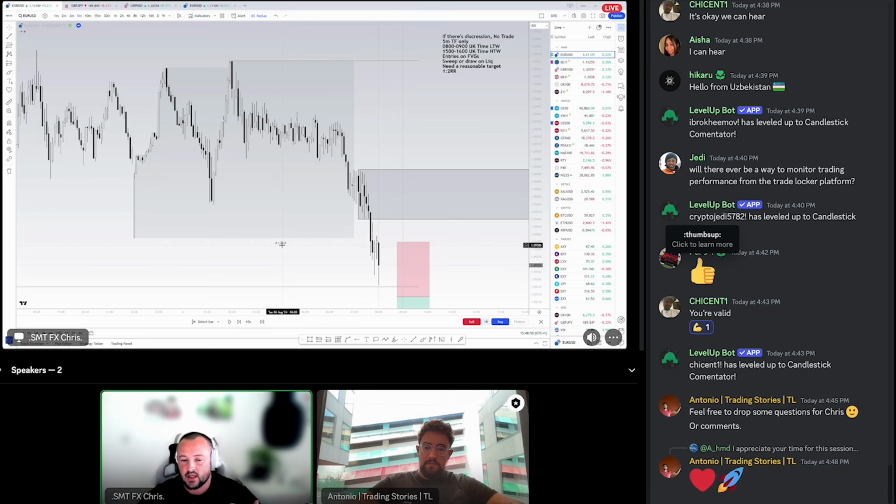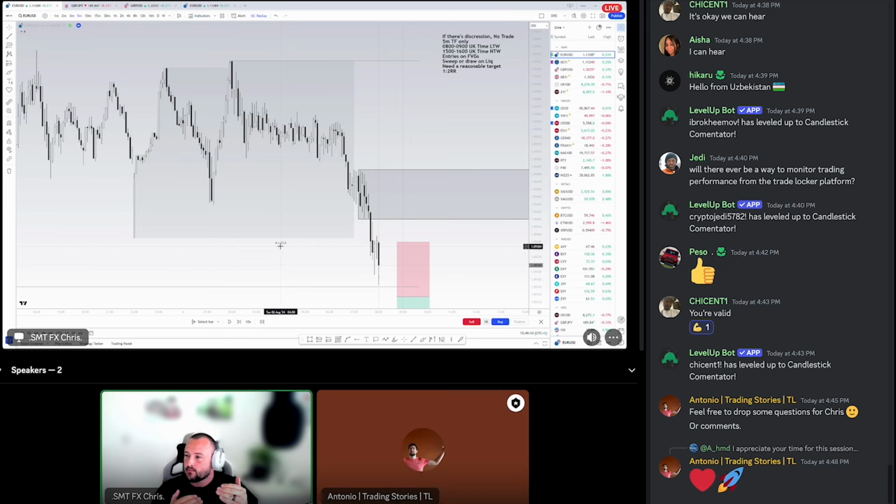So the Asia session was about 23.6 pips. This just gives me a good visual representation that if I do have a trade that requires maybe a 10 pip stop loss or maybe a 5 pip stop loss, I can get an idea of how reasonable my 2R target would be.